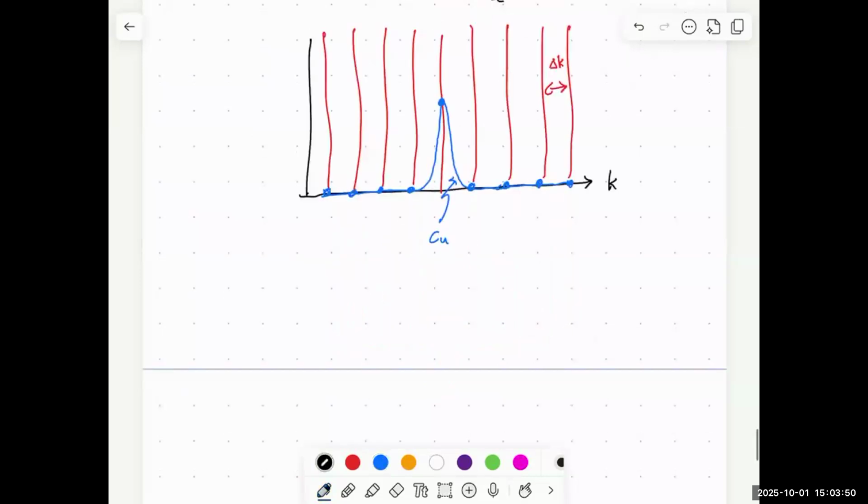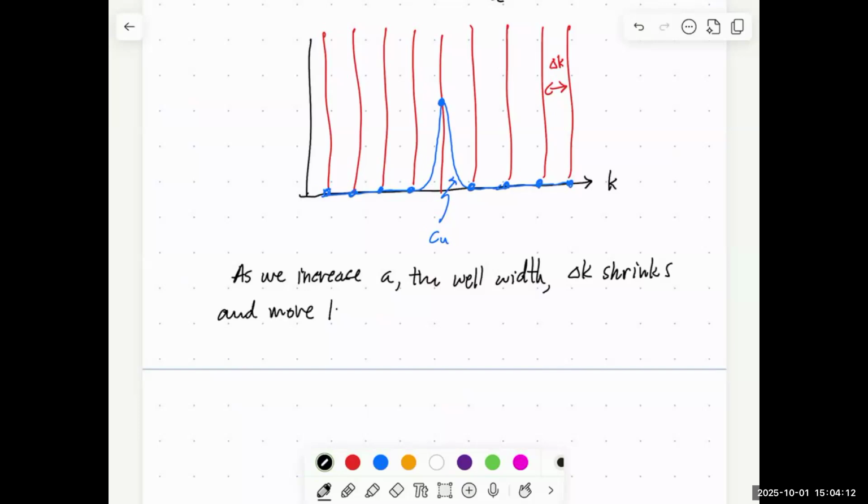Okay, so as we increase a, the well width, delta k shrinks, and more allowed k-states fall